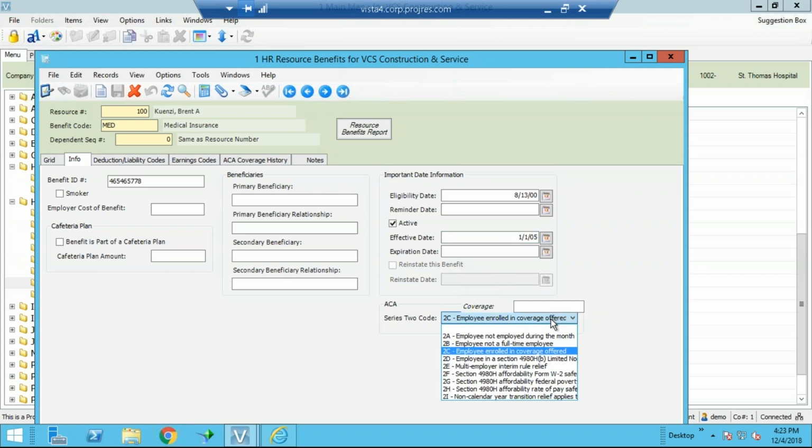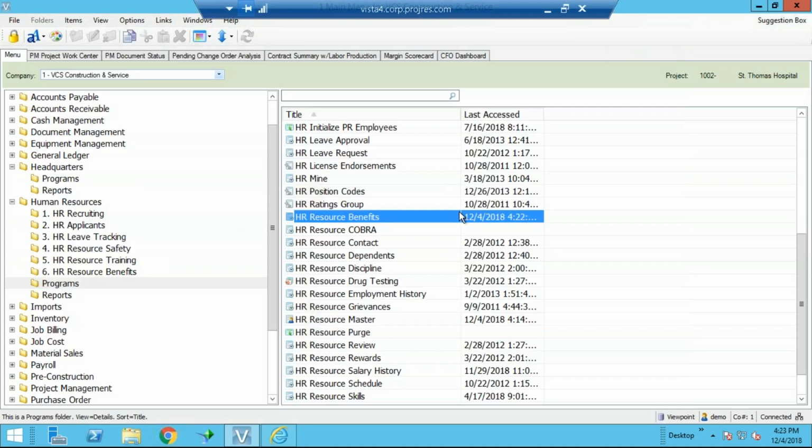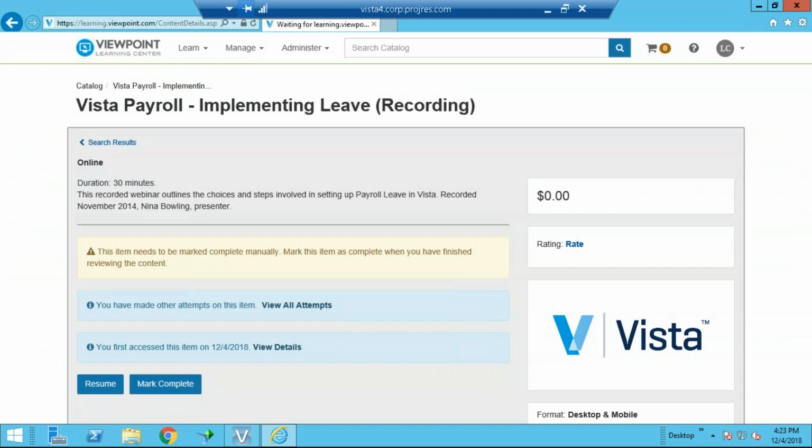And again, that's something that I can't answer for you, but if they have the coverage, then the Series 2 code is going to be the fact that they're now enrolled. So that's probably going to be 2C 99% of the time. And when it's there and you assign it over in payroll, it's going to now come across,